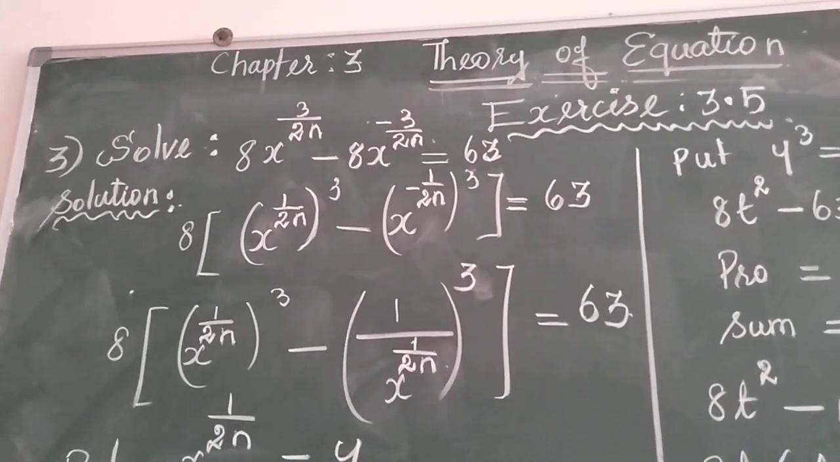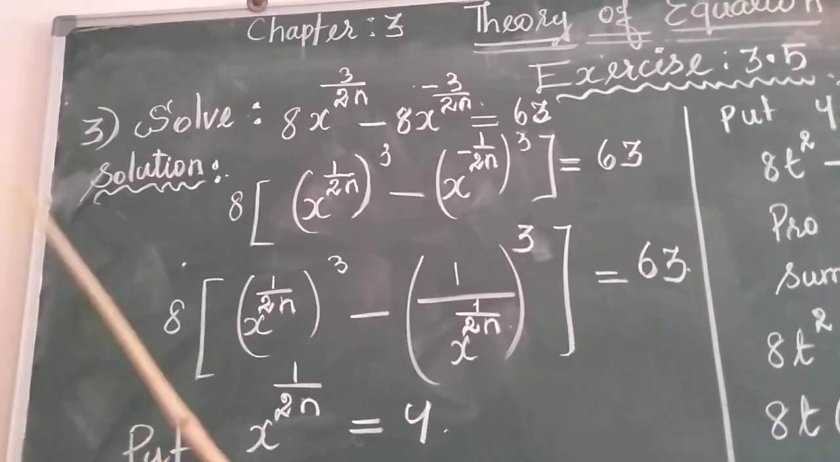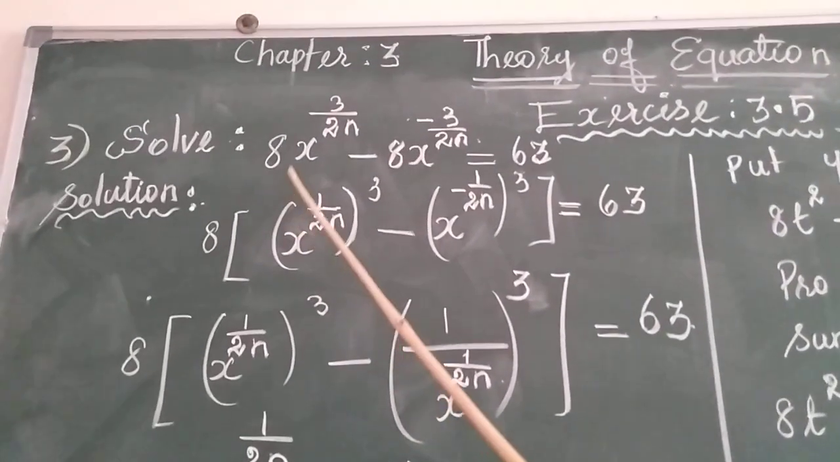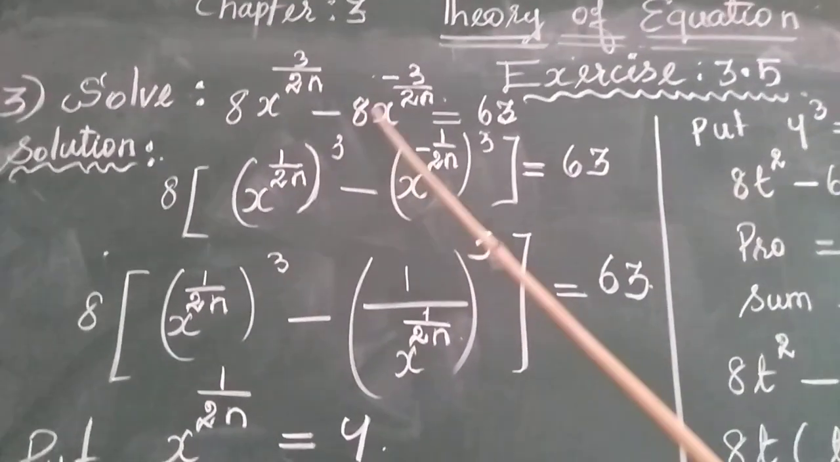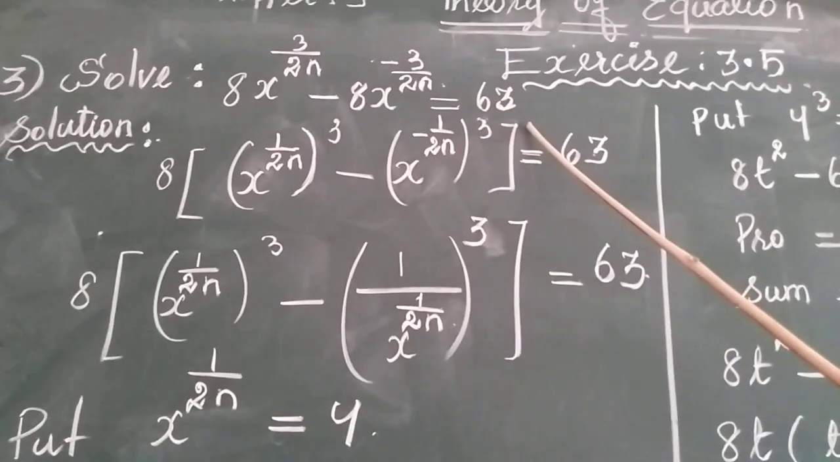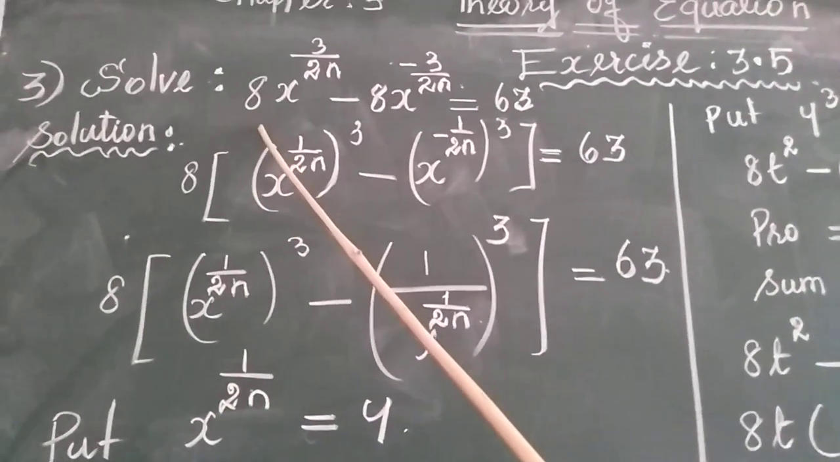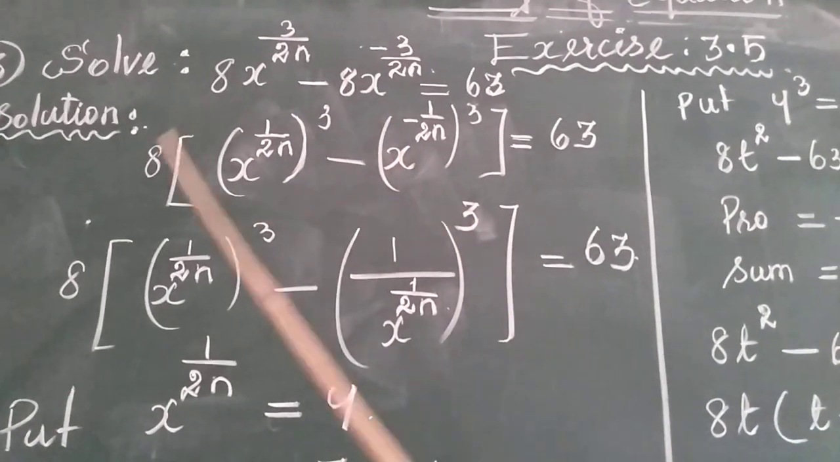Now we are going to learn exercise 3.5 question number 3. Solve 8 x^(3/2n) minus 8 x^(-3/2n) is equal to 63. The solution: in the given equation, for these two terms 8 is common, if you take it out,